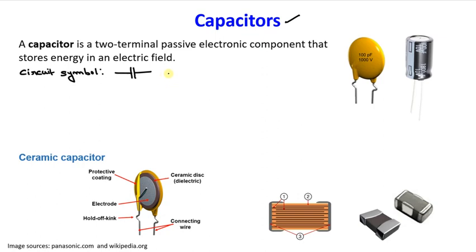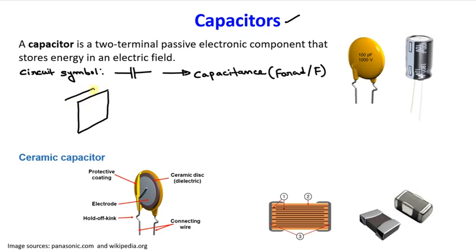And every capacitor is characterized by its capacitance, isn't it? And what is the unit of capacitance? It is farad, or in short it is also written as only capital F, right? This is the SI unit. Now if I ask you, how can you make a capacitor? It's very simple, right? A capacitor is nothing but two parallel plates separated from each other. So let us show a schematic of that.